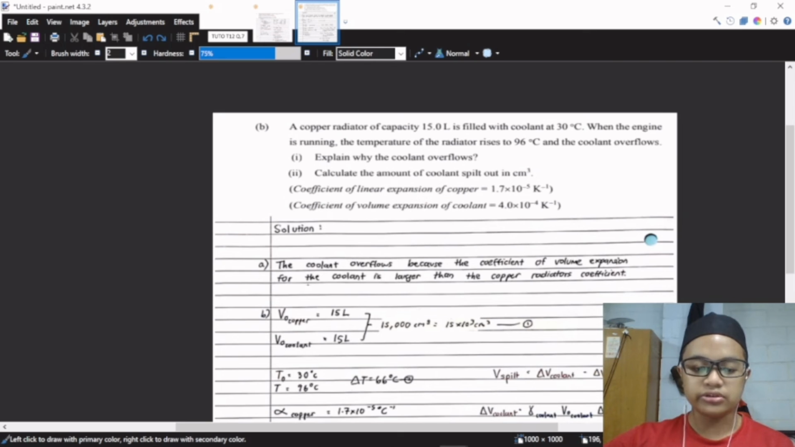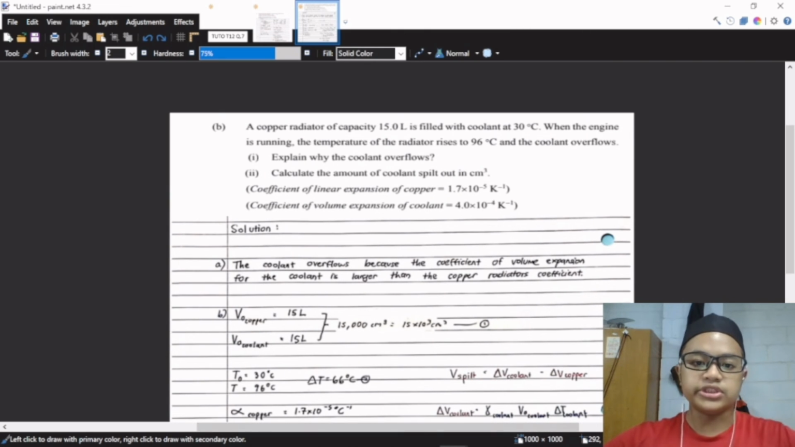Kemudian soalan seterusnya tanya, a copper radiator of capacity 15 liters is filled with coolant at 30 degrees Celsius. Jadi, when the engine is running, the temperature of the radiator rises to 96 degrees and the coolant overflows. Now, sub-question dia tanya, explain why the coolant overflows. Jadi jawapannya adalah the coolant overflows because the coefficient of volume expansion for the coolant is larger than the copper